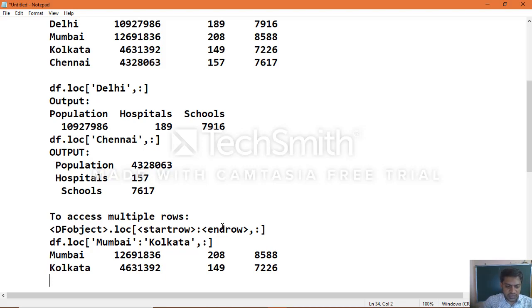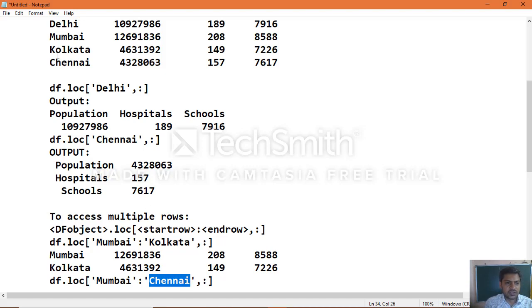To check that, you can use another example: df dot loc, Mumbai colon, the end row which you can specify as Chennai, comma colon, close. Now here you must be careful with the label names which we use, otherwise you will get an error. Here Mumbai is the start row and the end row is Chennai, including these two rows and whatever is in between.